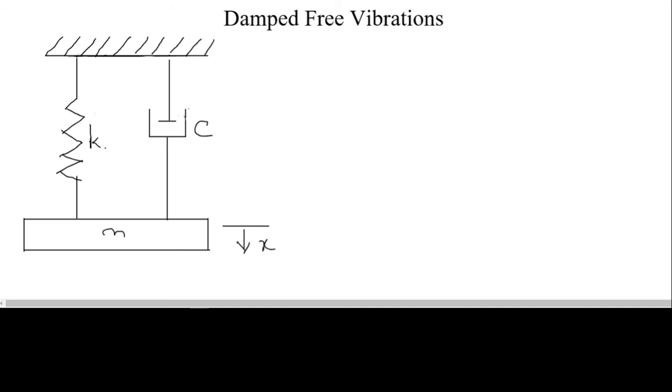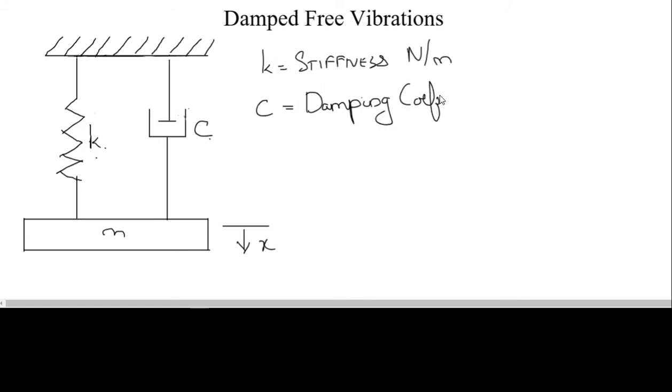So consider a system here in which the mass is connected to C, that is a damper, and C is known as the damping coefficient. Like the stiffness of a spring K, for a damper there is a constant value associated with it. So K is our spring constant or stiffness, and we know its unit is Newton per meter, and C is known as the damping coefficient,